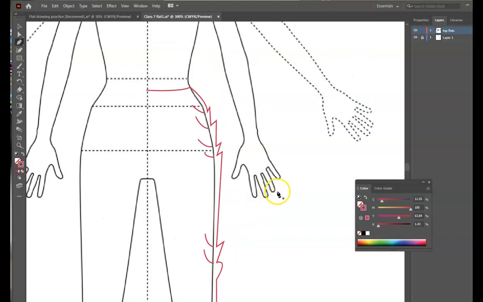And we learn how to use different stroke,